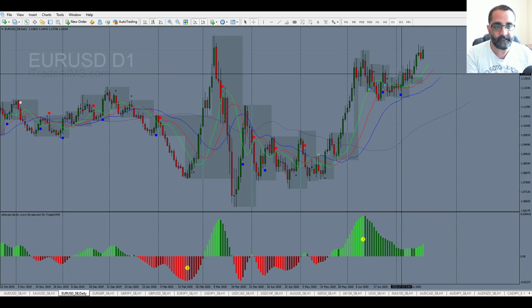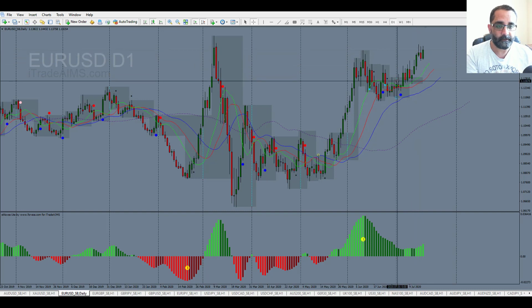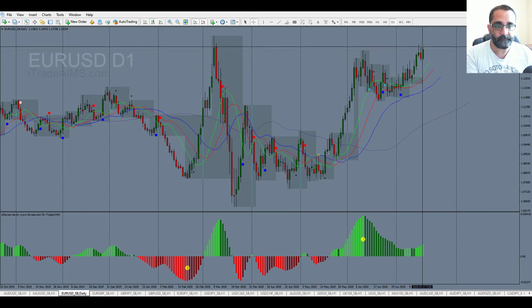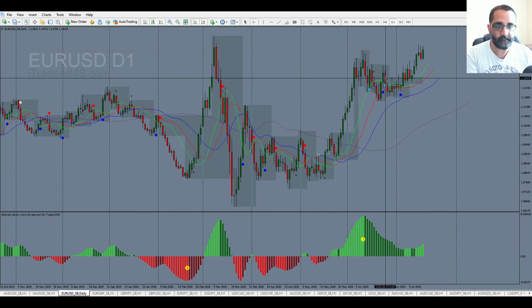We are long from this candle here with stop loss here, and now it's gone up there. We took 80% of the profits out here, and now we're letting it run because this was a simple setup based on the wave 3. And then if you go long here and stop loss here, you can just simply trail the green line